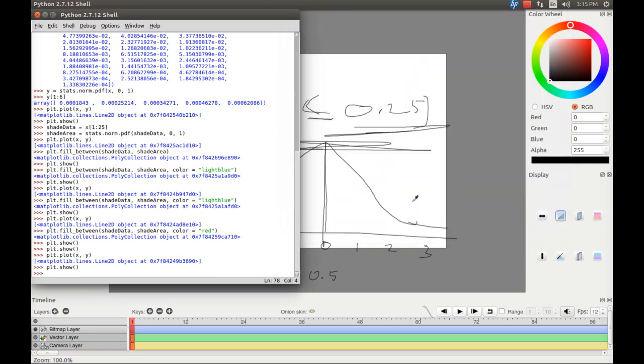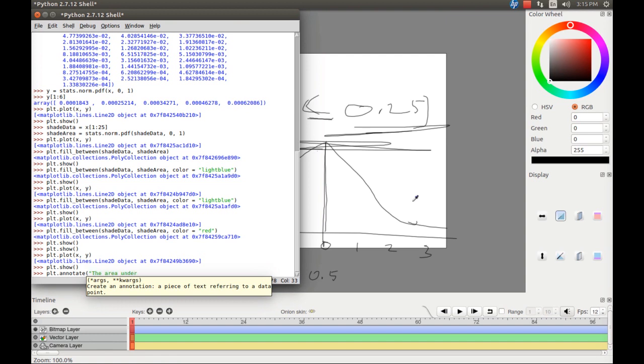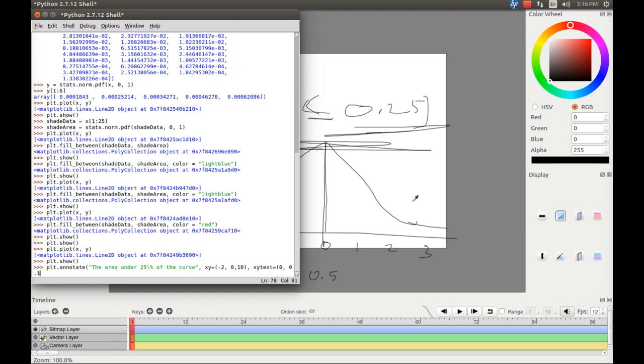press all of them. You have to go for the plt.annotate, then for the area under 25%, the area under 25% of the curve, then xy is equal to, this is not for the text, so minus 2 comma 0.10, then xytext is equal to I think 0.15, 1 5. Then arrowprops,